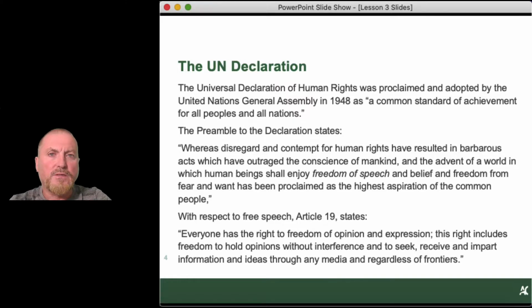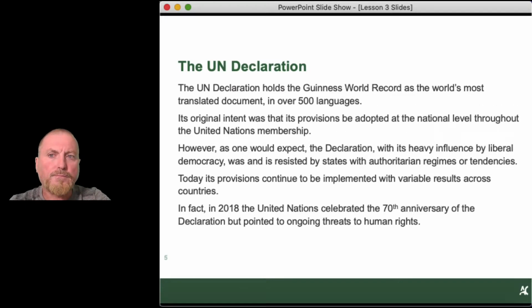Regardless of frontiers is obviously an important thing in the context of social media, because of course social media has no frontiers, unless we have a complete national firewall around the internet in some countries, like we have in China. But it's not the only country that has that: North Korea and so on and so forth. And it's interesting that the UN Declaration holds the Guinness World Record as the world's most translated document